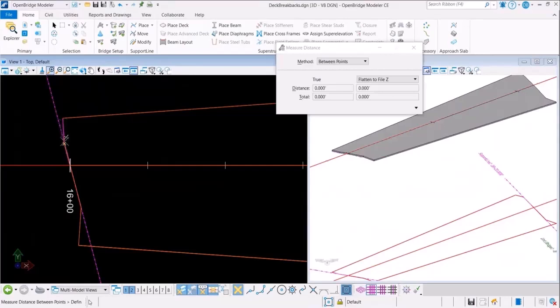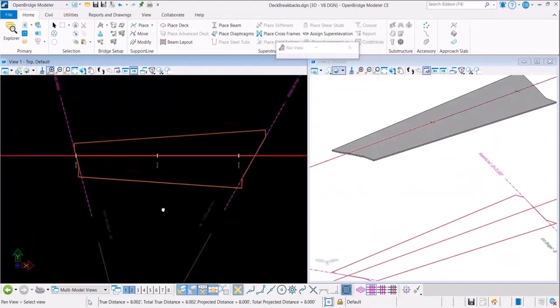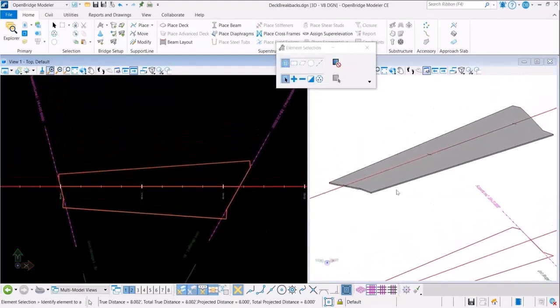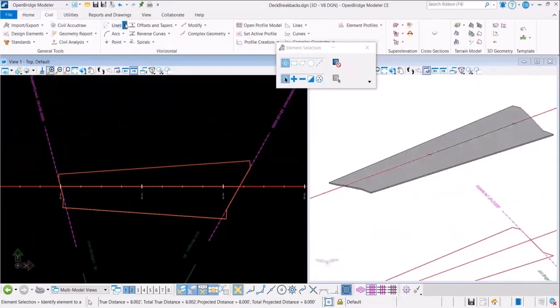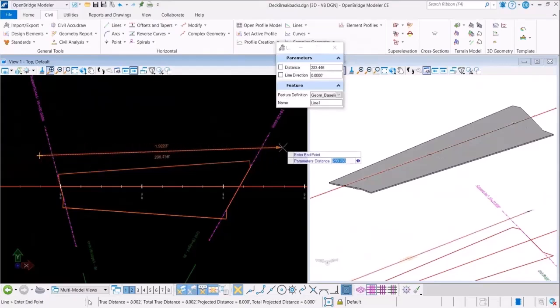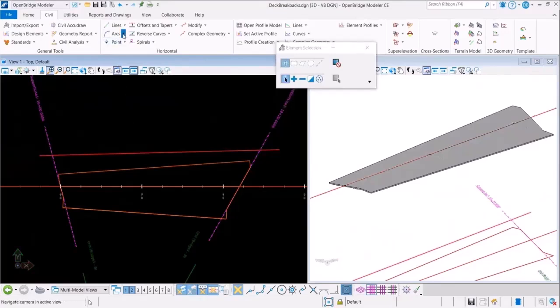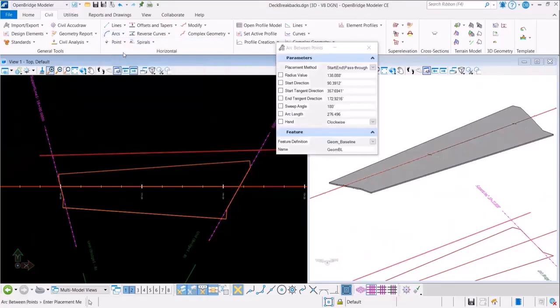Right? So more than that, what about the variable constraints or point controls that you may want to use? Well, you can also use point controls, like placing a new civil line, for example, right? Or an alignment, or even an alignment and a profile that you want to follow on your deck. Right? So you will be able to follow that, and again, the breakback will continue to follow that. So right here, for example, I'm adding 2 new lines, which I'm going to use as a point control for my deck,